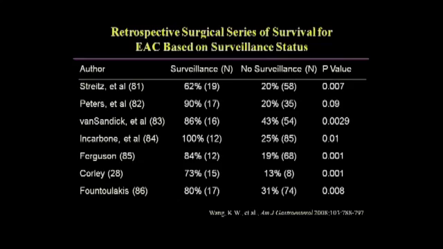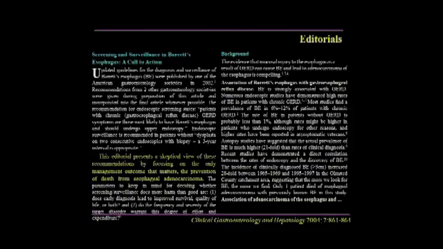If the cancer is found in a patient on surveillance, the chances of you surviving that esophageal cancer are much higher. There's no question about that data. It's not debated. But it is debated if you ask the question in a different way, which is often done. And this is an editorial that begs that question a little bit more. And this editorialist says he is going to present a skeptical view of the surveillance recommendations by focusing on the only management outcome that matters, whether we prevent death or not in esophageal cancer patients across the entire population.